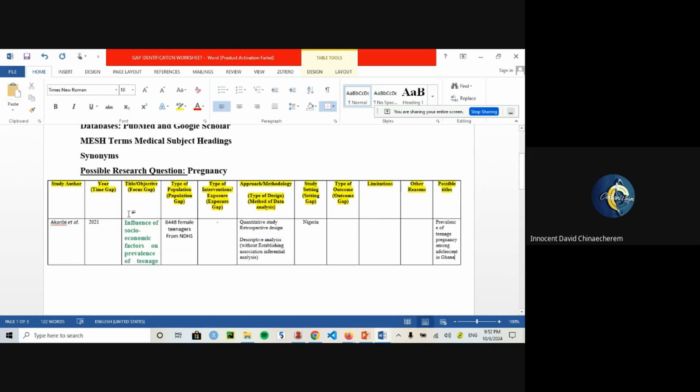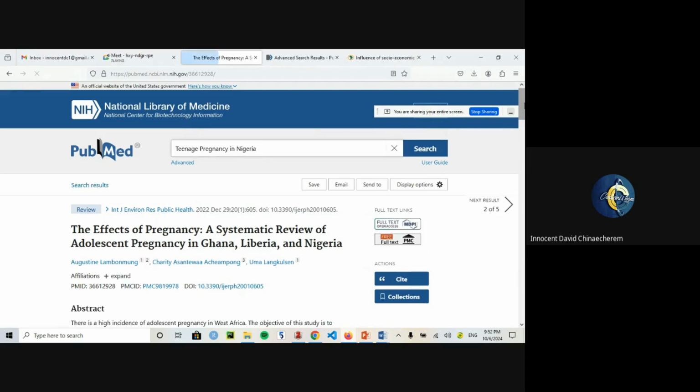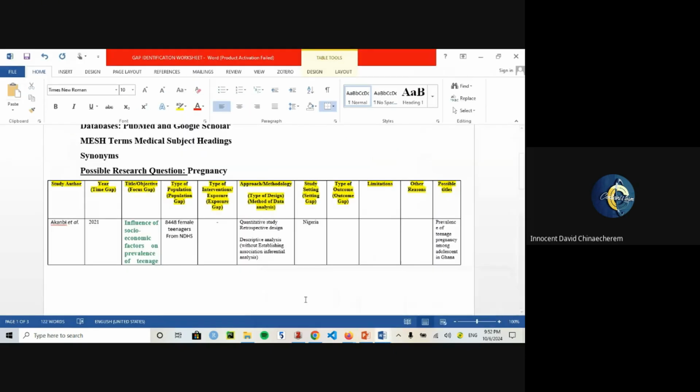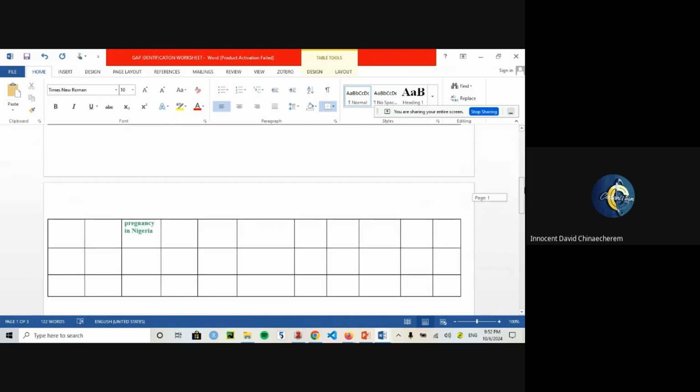So let's assume these are all systematic reviews, right? So we open this paper, right? So this focused on Ghana, Liberia, Nigeria. So the gap is you want the one that focuses only on Nigeria and not maybe on effect and all that. Remember that in systematic review, while we are searching, we are also making sure that there are relevant primary studies out there for us to perform. I didn't really want to delve into search strategy, so I don't make it confusing, but I just wanted to make it clear here that this gap identification checklist is for you to go